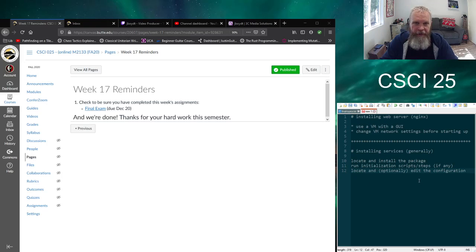Typically, you're going to locate the configuration file or files for a new service, so that you can configure them to your needs. Very often when you install a service, the default configuration will at least get you up and running, but there are times when you may need to make adjustments to either tighten or loosen security, things like that. So it often goes with the whole process of installing a service that you find where the configuration file or files are, so that I can alter the configuration as needed. And then